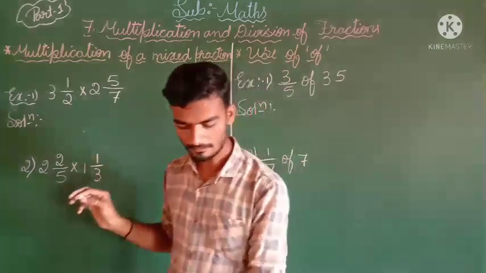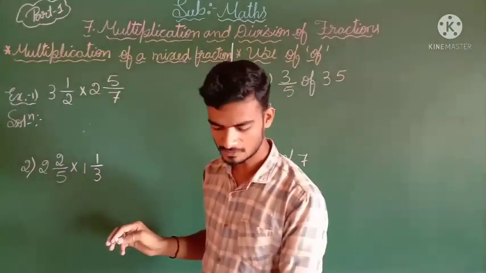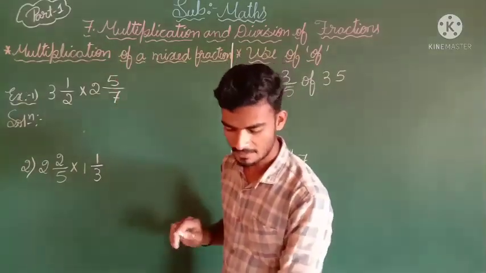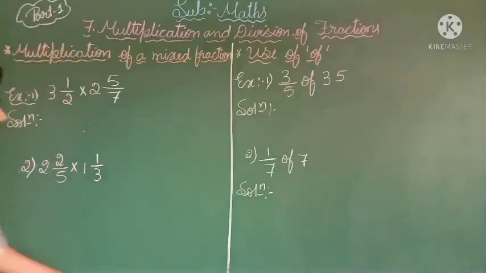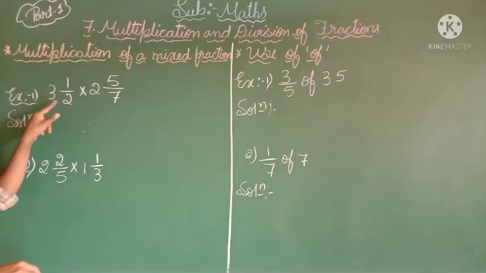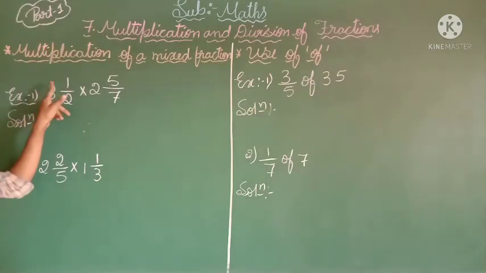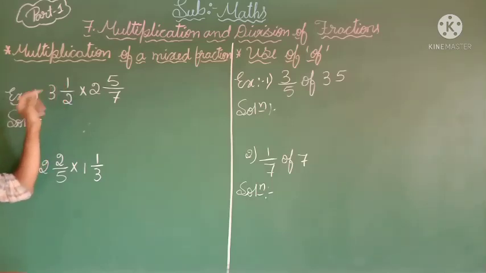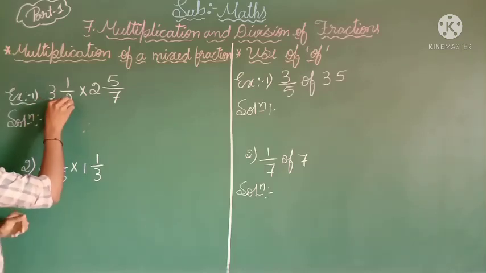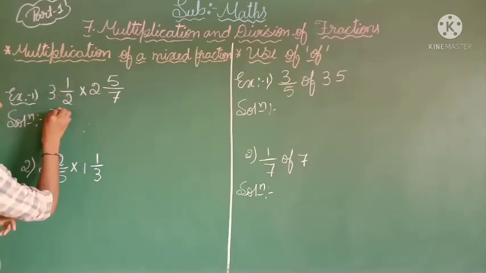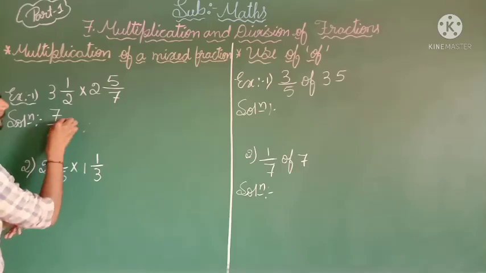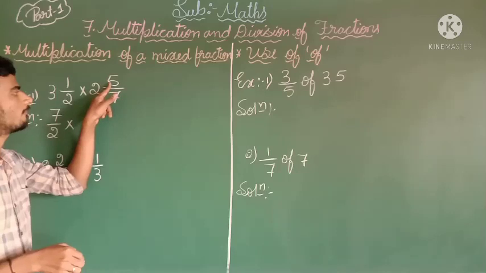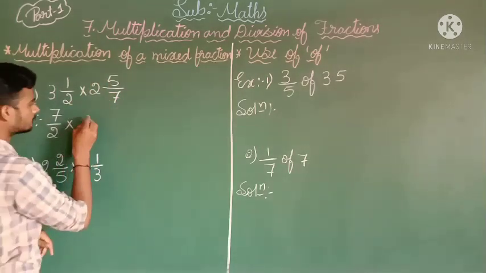4.7.1, D main, find the product. First question itself, 3 whole 1 by 2 into 2 whole 5 by 7. So you want to multiply the denominator with the whole number, then add 1 to the numerator. Then 3 2s are 6, 6 plus 1 is 7, 7 by 2, then 7 2s are 14, 14 plus 5,